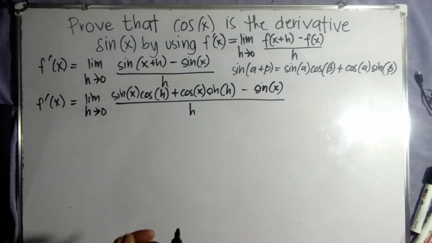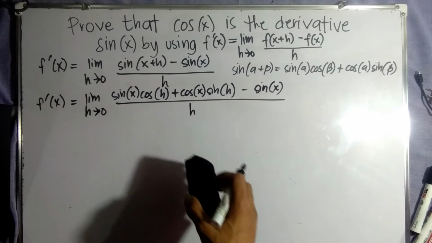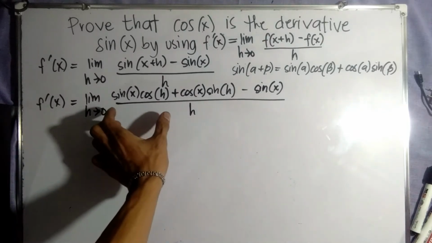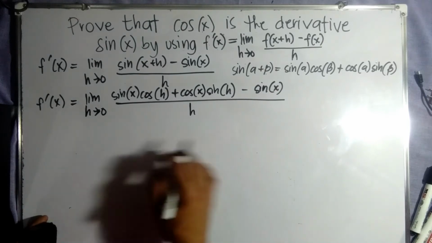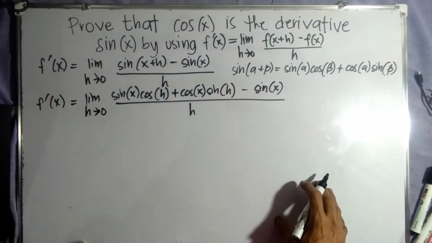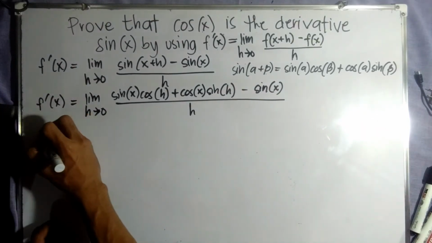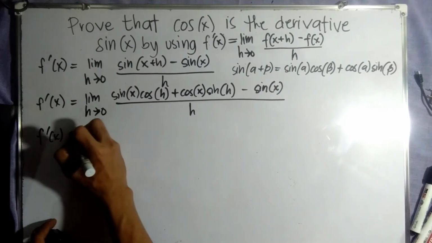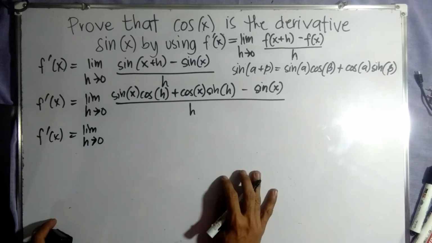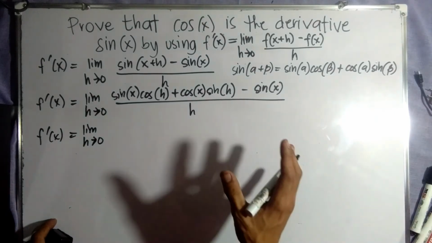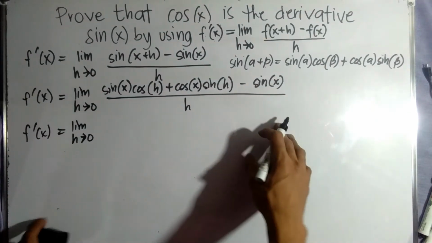Sunod, by separating the fraction, kasi lahat sila may common denominator, so may gagamitin tayo ditong limit identity to prove that the limit as h approaches 0 of ano muna. As you notice, ito